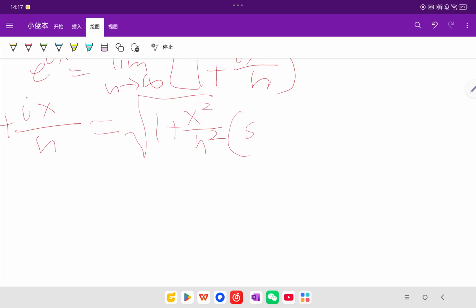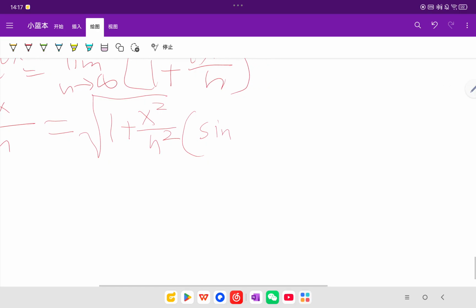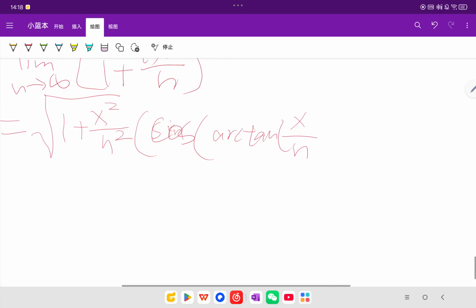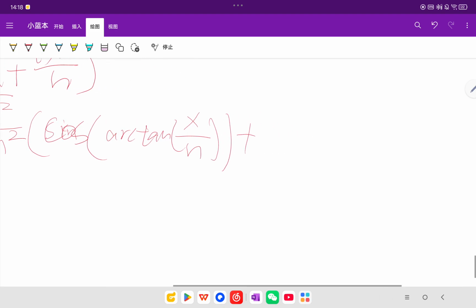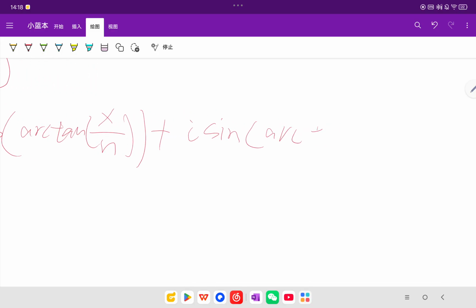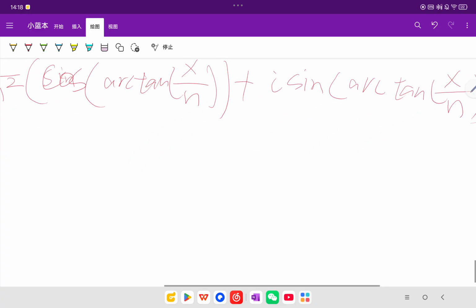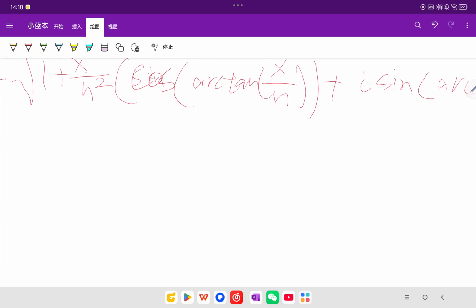So we also have sine of the incident angle plus i cosine of the incident angle, which is arctan x divided by n, since x over n divided by 1 is x divided by n. So we also have plus i sine arctan x over n. So by De Moivre's formula, we have